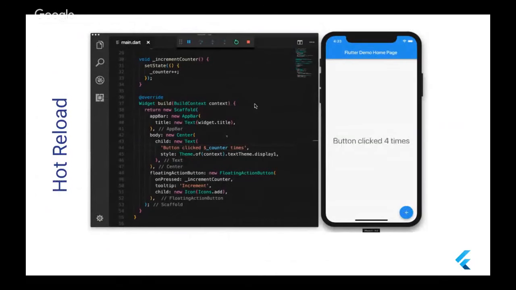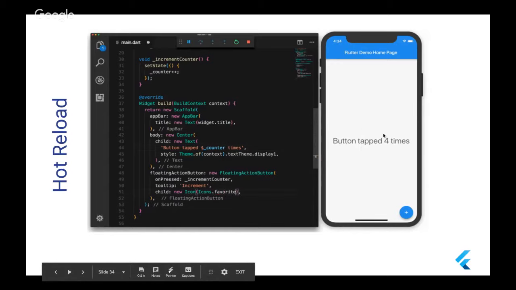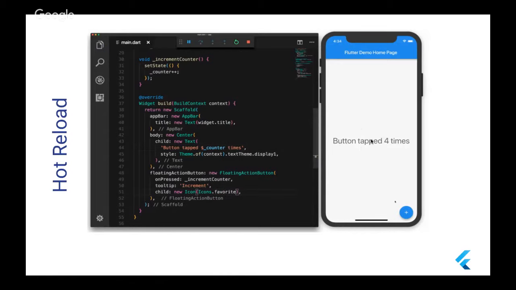For hot reload, as we can see here, there is a word called click. We change it to tab and press hot reload. This word changes directly in less than 1 second. If you are using a native approach like Xcode or Android, and there are a lot of Android developers hearing me now, you are waiting 3 or 5 minutes until you see these changes on the screen. 5 minutes or 3 minutes in other tools equals 1 second in Flutter.